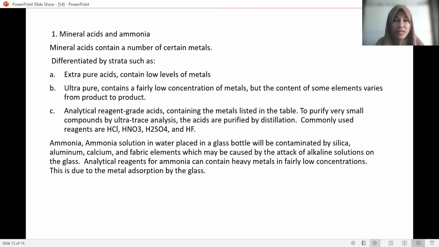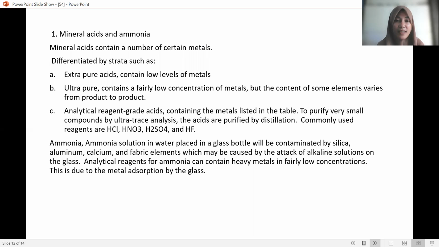Mineral acids and ammonia. Mineral acids contain a number of certain metals. Differentiated by grade: A, extra pure acid contains low levels of metal. B, ultra pure contains a very low concentration of metal, but the content of the same elements varies from product to product. C, analytical reagent grade acid